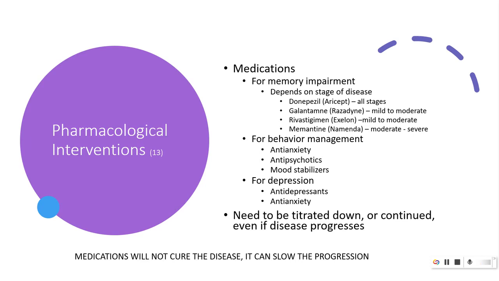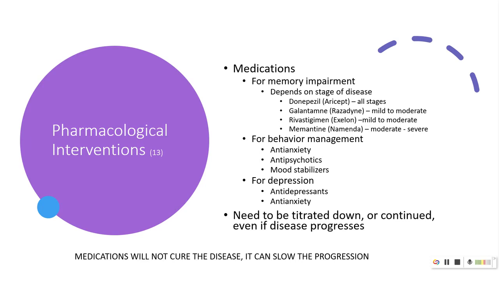It doesn't stop it, but it can slow it down. If you take that medication off at any point in time, that person is going to deteriorate right down to where they would have been without that medication. You cannot get that memory back. So even as the disease progresses,